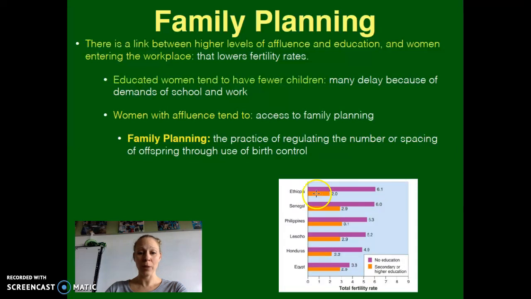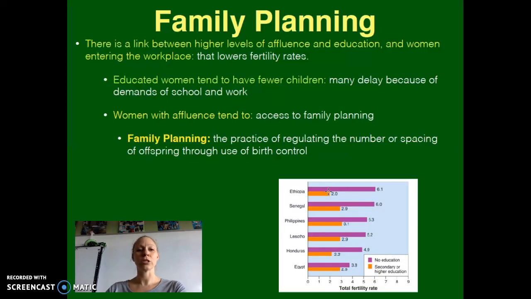children. So in Ethiopia, a woman without education tends to have 6.1, and a woman with education tends to have 2.0. In Egypt, it is 3.3 and 2.9. And in most of these examples, it's about half. And so the power of education and work and confidence for women is a huge factor